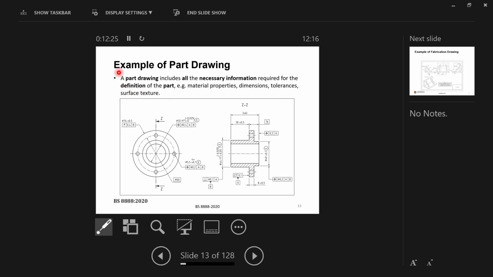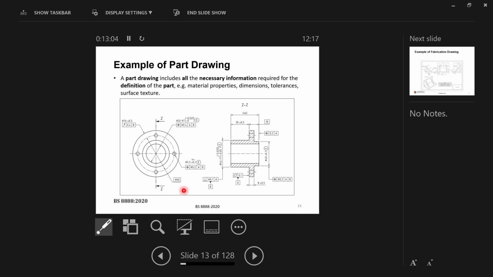What you see here on the screen is an example of part drawings or detailed drawings, manufacturing details. You have two views, one on the left-hand side and one on the right-hand side. This, for example, could be a front view, and this is the side view. And you see lots of necessary information about the part: the dimensions, tolerances, surface finish, and so on. Of course, maybe at this point you don't understand everything that is shown here, but hopefully